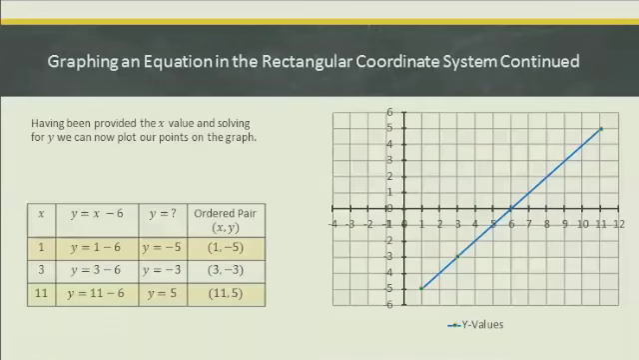Alright, so having been provided the x value and solving for y, we can now plot the points on our graph. So the first point here we had from the previous example is y equals x, which is 1, minus 6. That makes y equal to negative 5. So our ordered pair is (1, -5). You go over one place and then down 5, you end up at the point indicated. The next one is